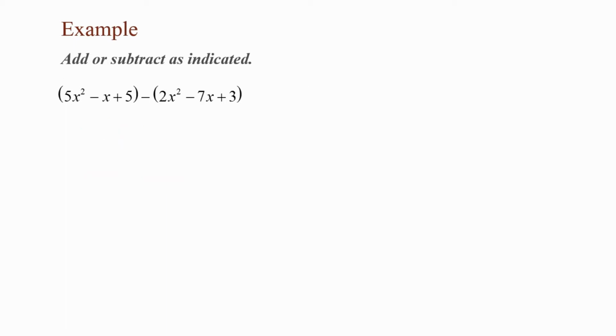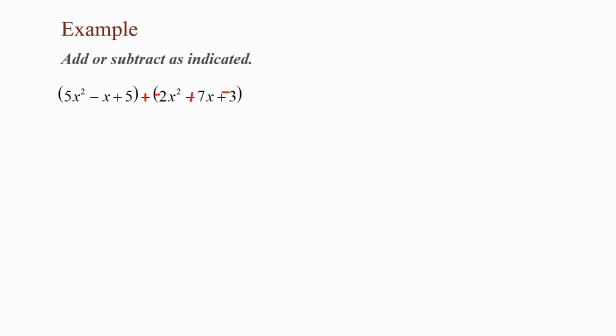In this example, add or subtract as indicated. My first polynomial is 5x squared minus x plus 5, minus my second polynomial, which is 2x squared minus 7x plus 3. The minus sign in front of my second polynomial will change all the signs in that polynomial. One way to do this is to change your minus to a plus, then change the sign of everything in that parenthesis. My 2x squared becomes negative 2x squared, my minus 7x becomes plus 7x, and my plus 3 becomes